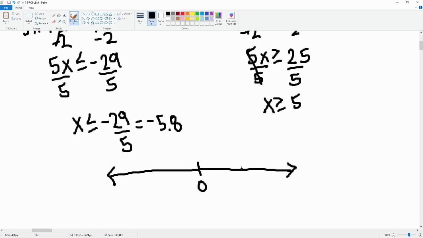You need the number 0, the number 5, and the number negative 5.8 here. It is closed here at negative 5.8, and it is also closed here at the 5. Notice here it says x is greater than or equal to 5, so these are all the values that are greater than 5. Okay. And then here it says x is less than or equal to negative 5.8, so it goes all the way to the left, because these are the numbers that are less than negative 5.8. So this is considered to be an OR equation here. Okay,